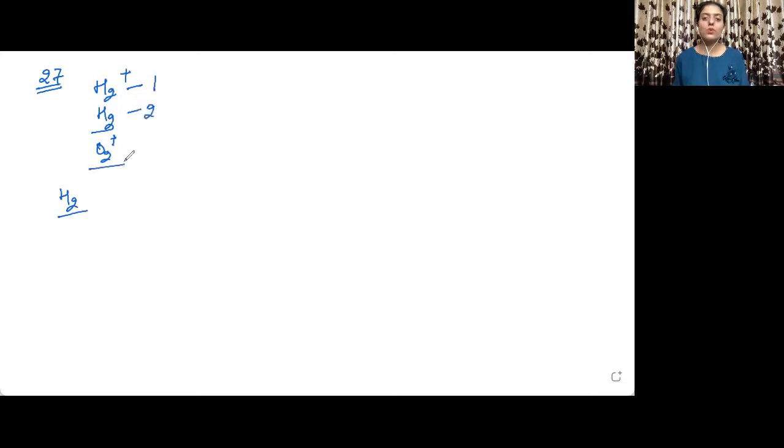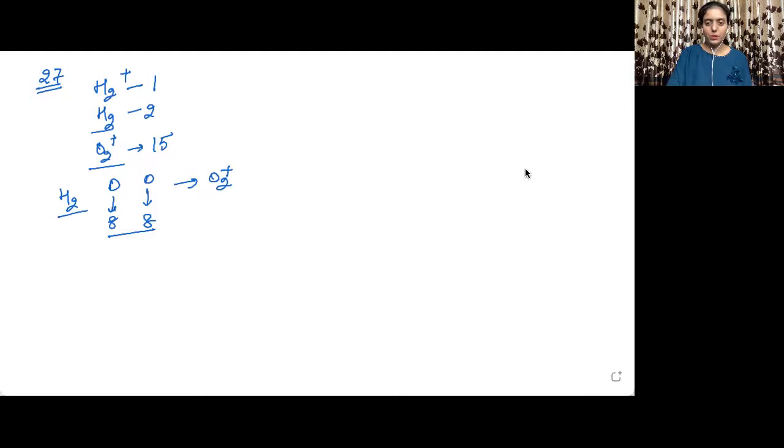Now, when we are talking about oxygen, 1 oxygen atom contains 8 electrons. This will also contain 8 electrons. Now, they have formed O2, and from O2, 1 electron has been removed. So 8 plus 8 is equal to 16. So this will have 15 electrons. 1 electron has been removed from the oxygen molecule. All right. Let us now move into question number 28.